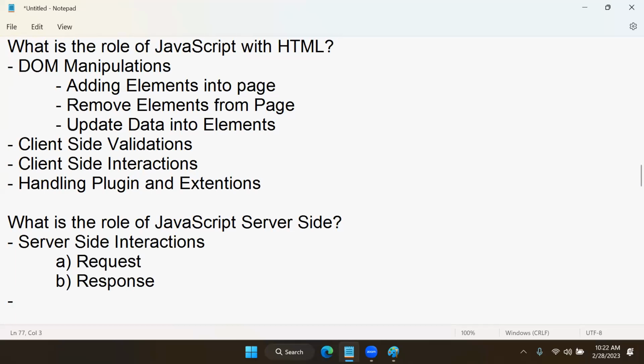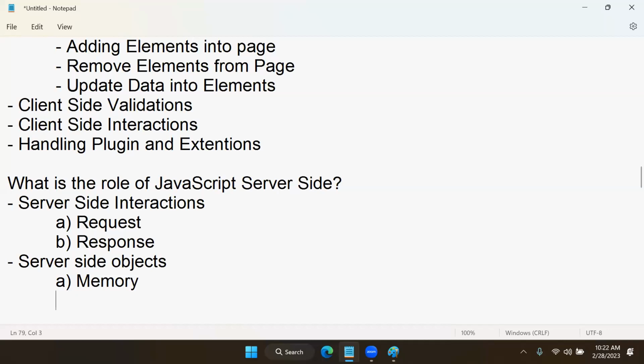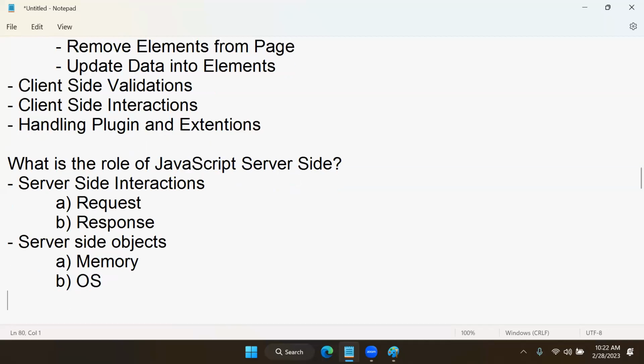And very important, JavaScript server side is used for server side objects. Server side objects like managing memory, managing the operating system, managing files. All such interactions are managed by using JavaScript. That means managing your server memory, managing your operating system services, meaning the server operating system services, and managing the files on the server. These activities are all done by